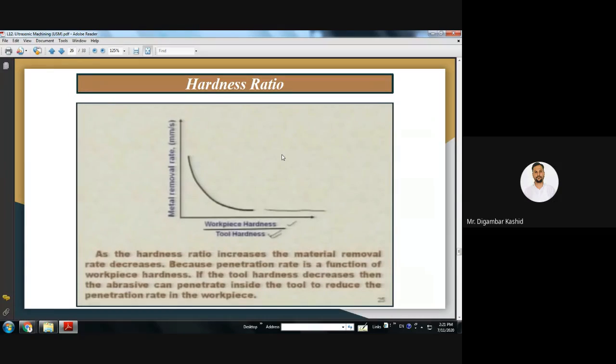Now let us discuss the hardness ratio. There is a basic question: what does hardness ratio mean? The ratio of workpiece hardness and the tool hardness. So this hardness ratio is also playing